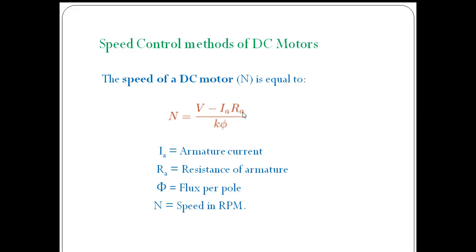By using these methods, we can get speeds below the rated speed and above the rated speed for small durations, but the amount of speed we are changing is limited, and at the same time, there will be some amount of power loss across the resistor placed in the armature and field circuits. To remove that problem, we are using voltage control methods.